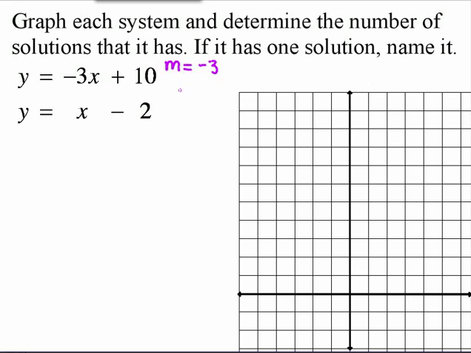Negative 3. What's the y-intercept? 10. So I'm going to go ahead and graph that line. A y-intercept of 10: 1, 2, 3, 4, 5, 6, 7, 8, 9, 10. Let's try that again. 7, 8, 9, 10. Okay, there's my y-intercept of 10. Now I need to graph a slope of negative 3, which means I do what? Down 3 over 1. So if I go ahead and draw my line in,